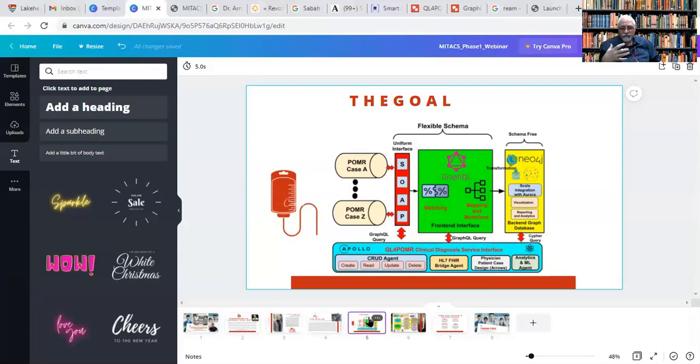Every case that comes to the healthcare, we will call it POMR case. Could be POMR case 1, 2, 3, 4, and those cases, they could be related or unrelated for a certain clinical practice, and they need to be structured in that upper level through